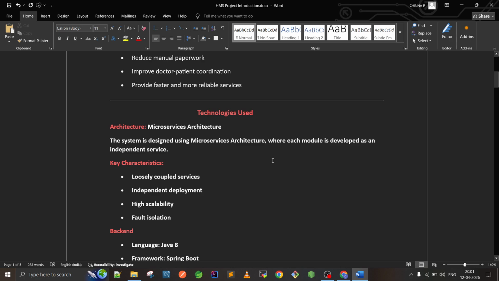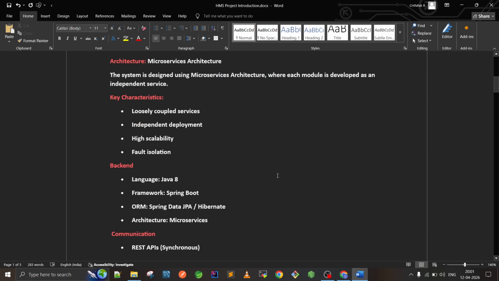What are the technologies used in the project? Microservice architecture is nowadays used in real-time projects and workflows. The system is designed using microservice architecture, where each module is developed as an independent service. Key advantages for this project: loosely coupled services, independent deployment, high scalability, fault